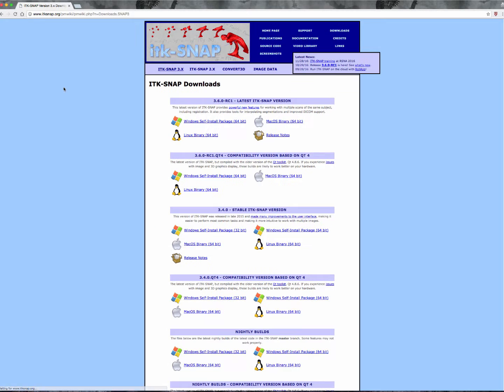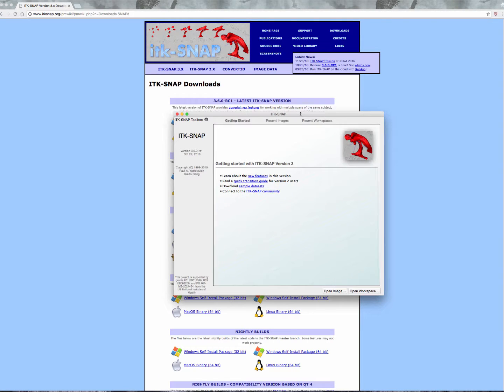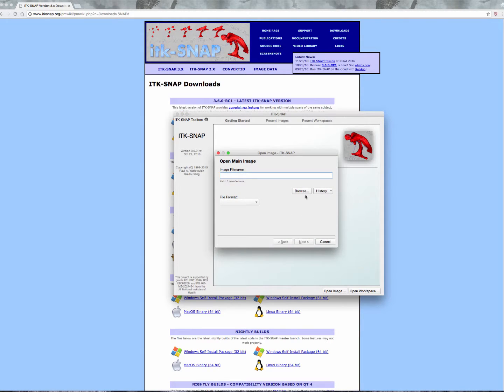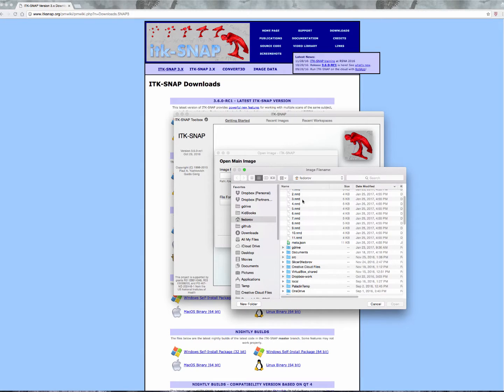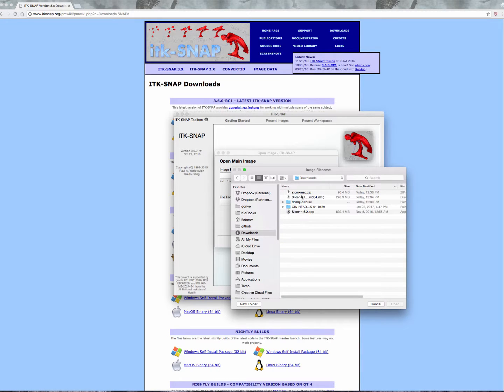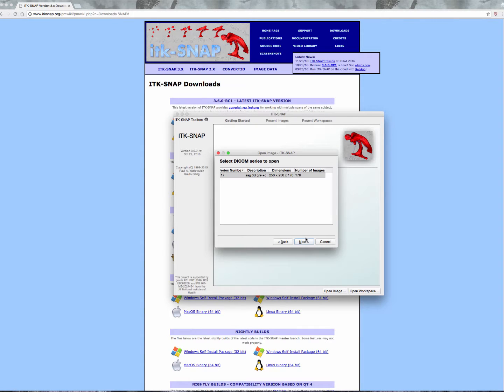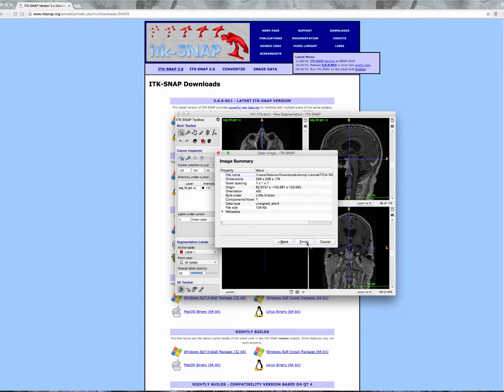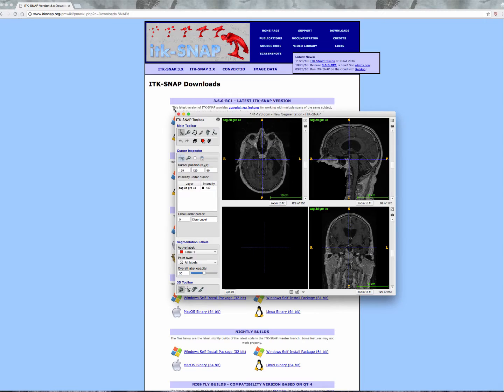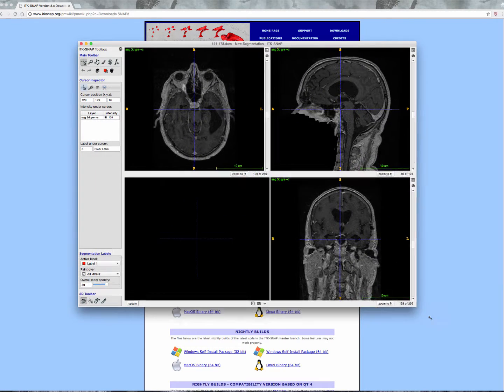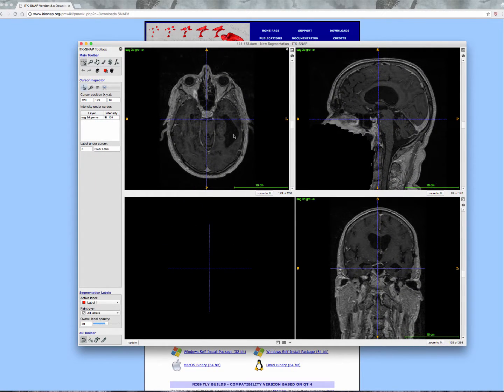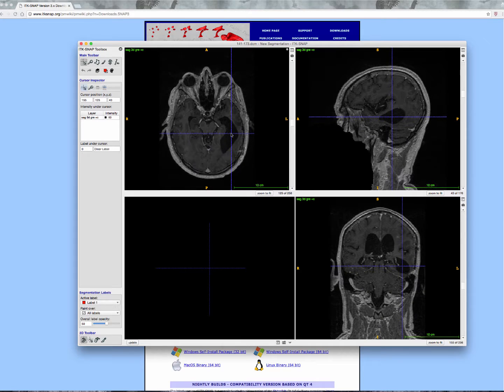I'm going to launch ITK-snap and load the image data, which is a DICOM series. And you will find a link to the DICOM series that I use here in the supporting materials for this video. So, as you can see, it's an MRI series of the brain. And for this simple example, I'm going to segment ventricles, just to make it quick for the demonstration